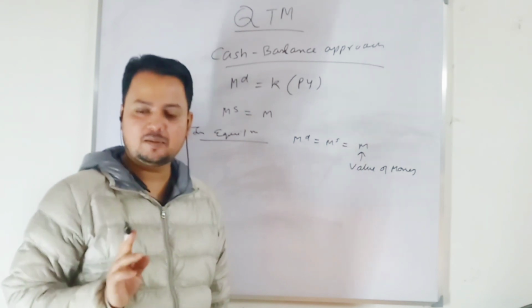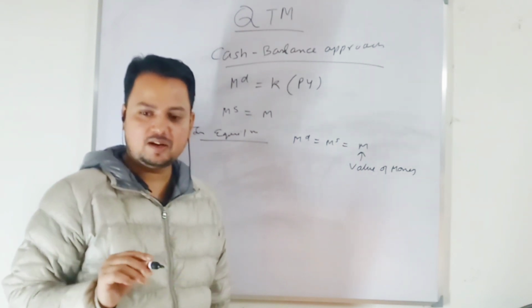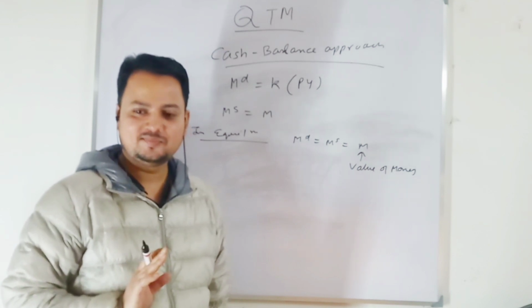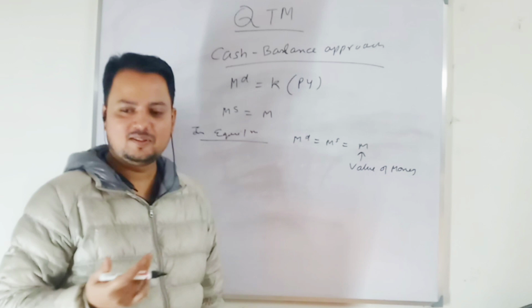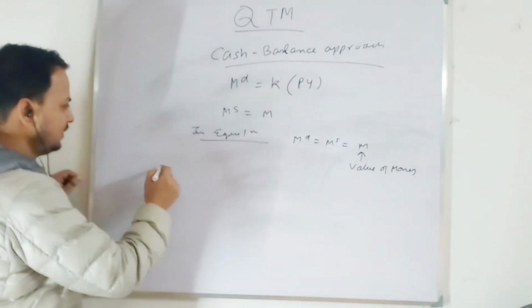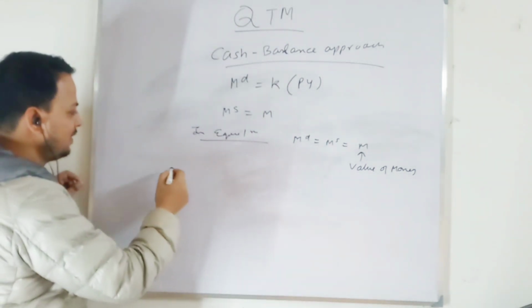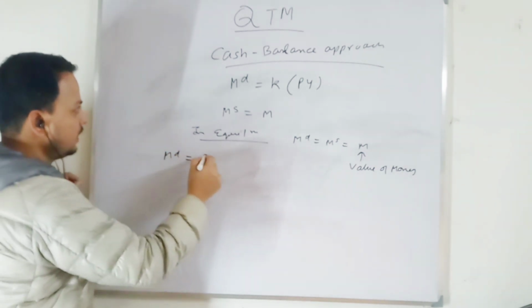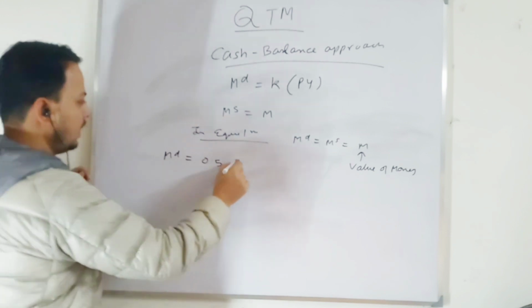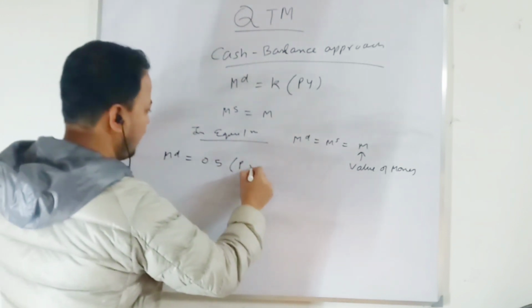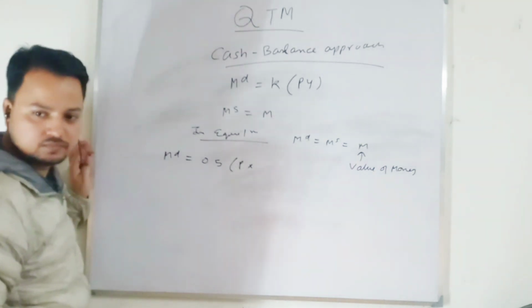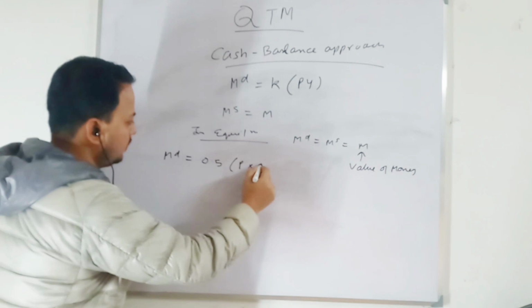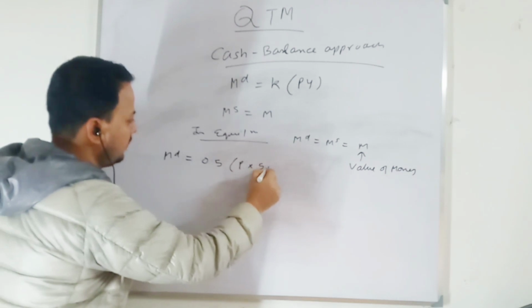Who has done the example that I have given with my hand, the 9 minute video? Anyone has done it? Yes, no? Okay, so let me try it. I don't know if I remember or not. Let me see. So here I have money demand equal to K, say 0.5, and this is the price, and the quantity, how much have I taken? Anyone done it? Quantity is 50.